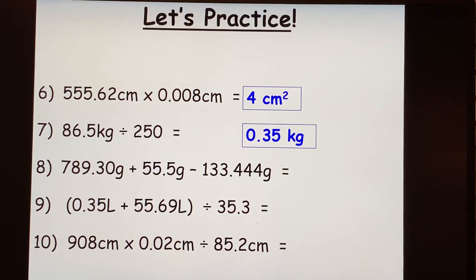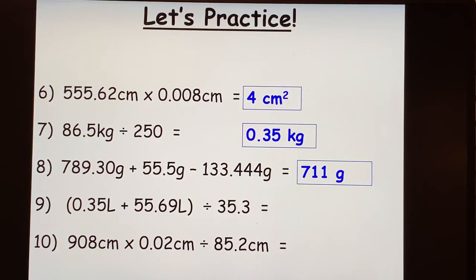789.3 plus 55.5 minus 133.444 equals, what'd you get? And how many sig figs? Only 3, right? Because it's 55.5. So the answer is 711. Number 9, 2 sig figs plus 4 sig figs divided by 3 sig figs. So the answer must be 2 significant figures. And when you do that, you get,